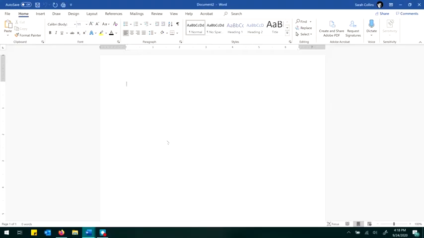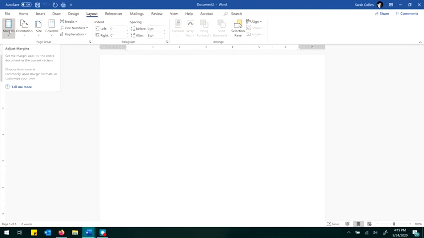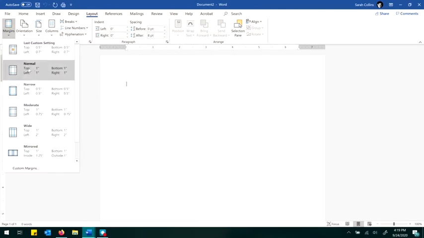We have a fresh Word document here. I just opened new and it dropped me into this beautiful fresh sheet of paper. And before you start adding things to this page, it is a good idea to check on a couple of things. The first thing you should check on is under the Layout tab and this Margins button. You want to click that and make sure that it's set to normal. APA requires 1-inch margins on all sides of the page. So that's just something to check. It is the default, but you never know, Word does crazy things sometimes.